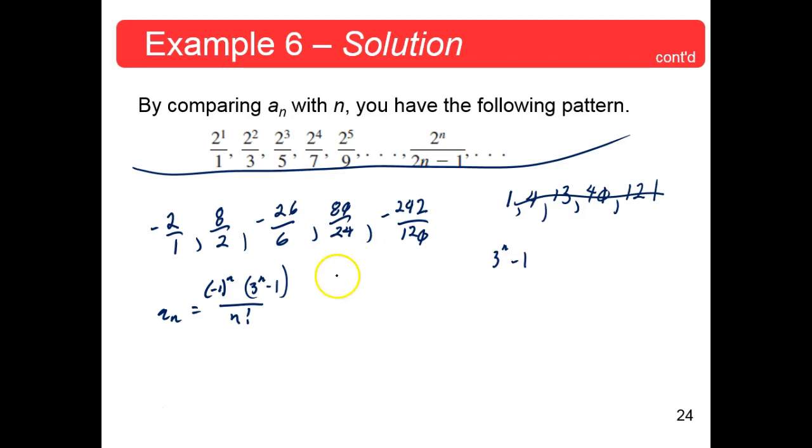So 3 times 3 times 3 times 3 times 3 times 3 times 3 times 3 times 3, over 1 times 2 times 3 times 4 times 5 times 6 times 7 times 8 times 9. Okay? So this is certainly bigger. That is certainly bigger. Those products are bigger. Now you got a 120 down here. That's bigger. But by the time you get here,